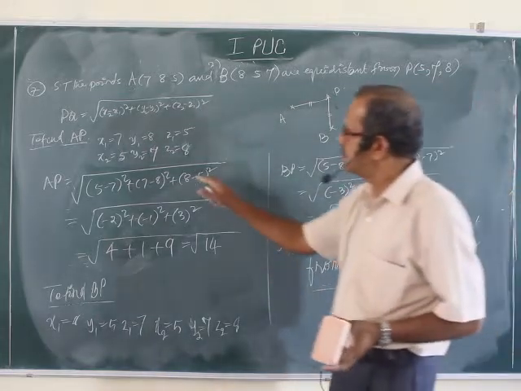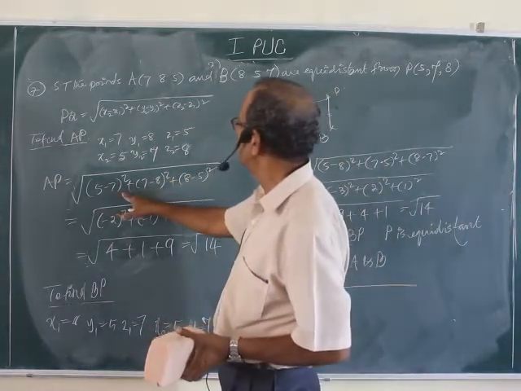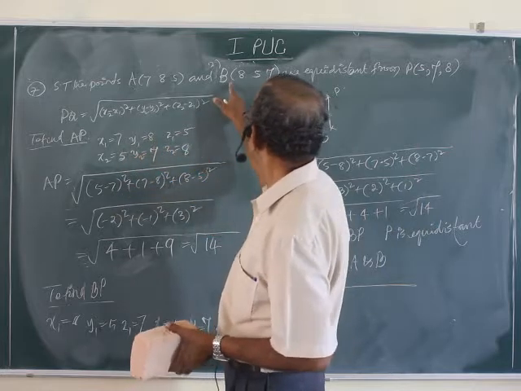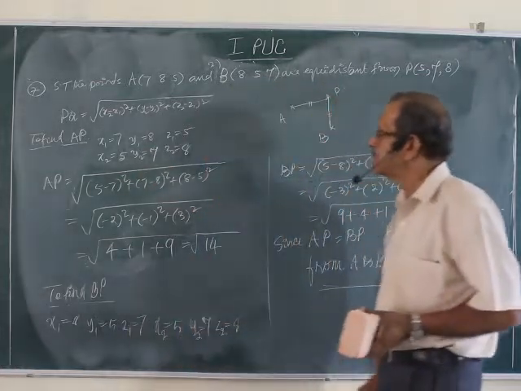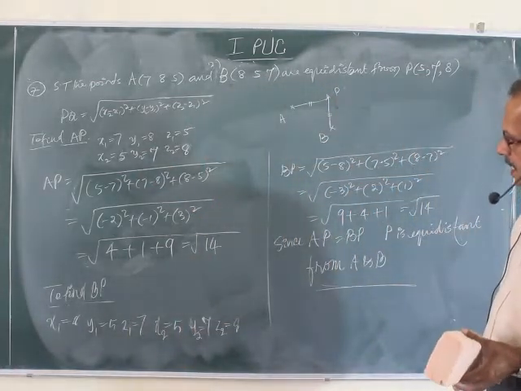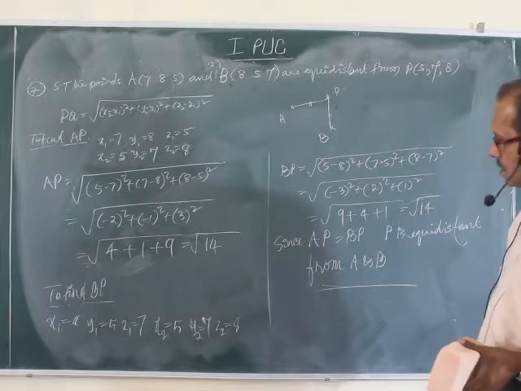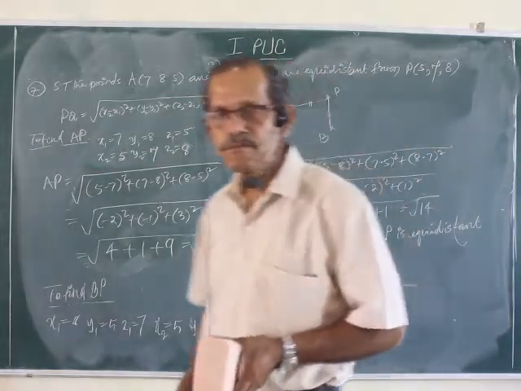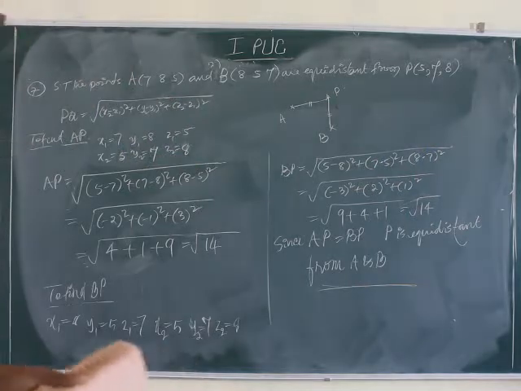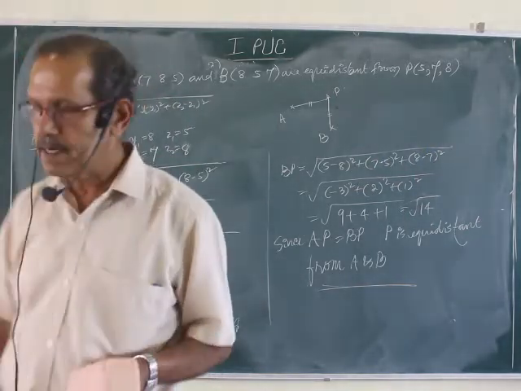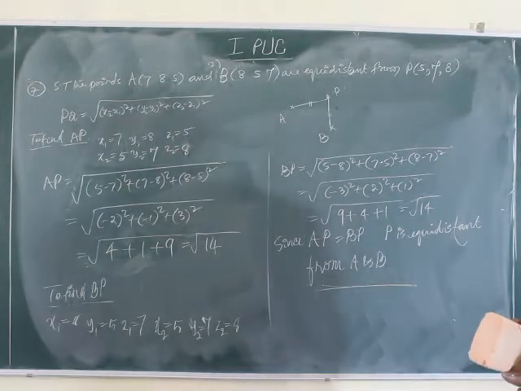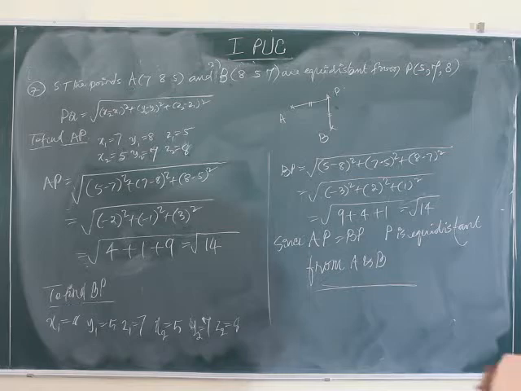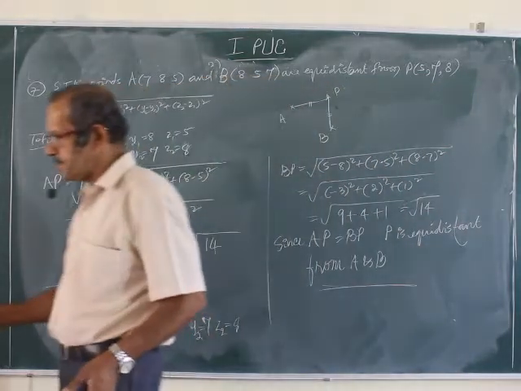Now again correction. Please do the correction correctly. 7, 8, 5. This is not this one. Coordinate P: 5, 7, 8. Now it is correct. Second point is 8, 5, 7. 5, 7, 8. Right. Don't confuse with the coordinate. But even then we got root 14 itself last time also. Anyway, all the 3 points are actually equidistant. Equidistant from P.